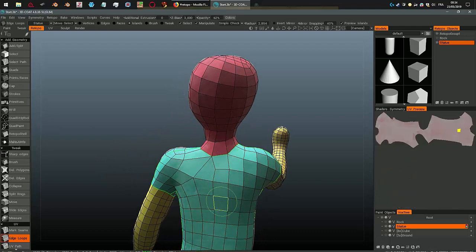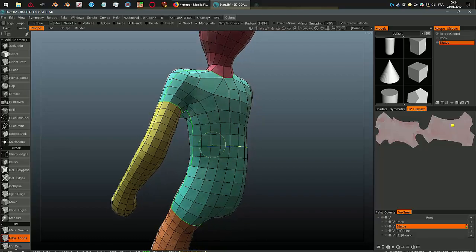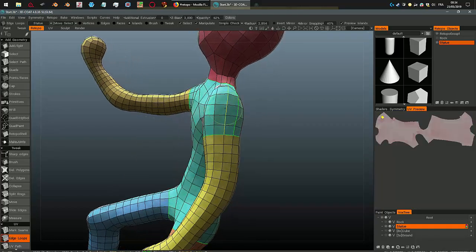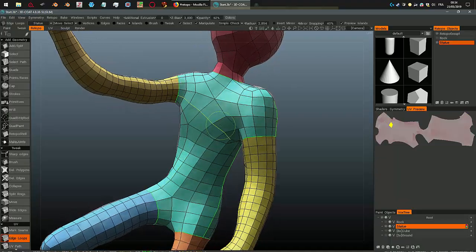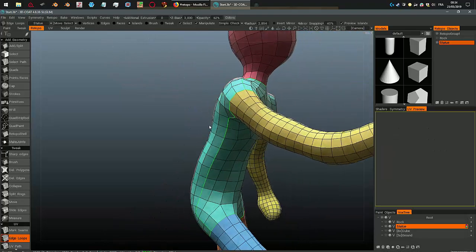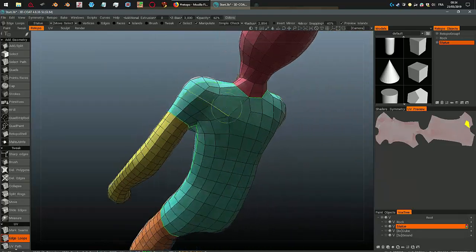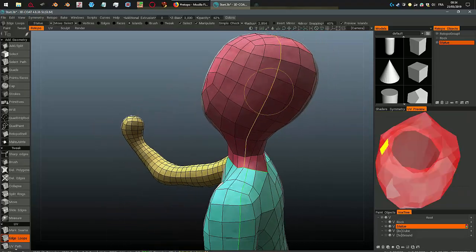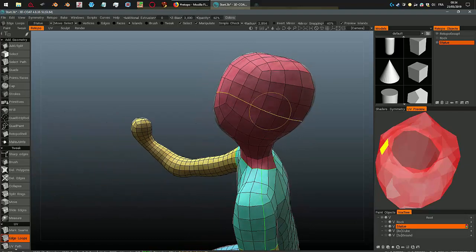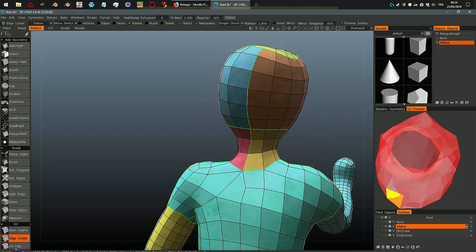So when I hover over an area, I can see on the right what islands it's going to produce, and I quite like this one. So I don't need to work more on this area. On this, if I unwrap this as it is, I just get this blob with many overlapping